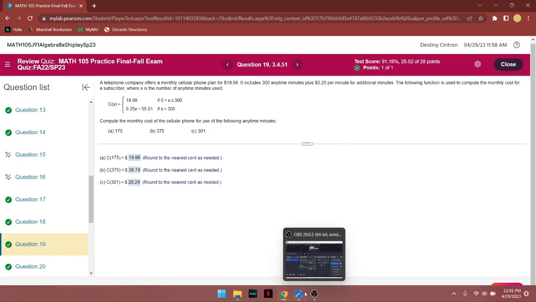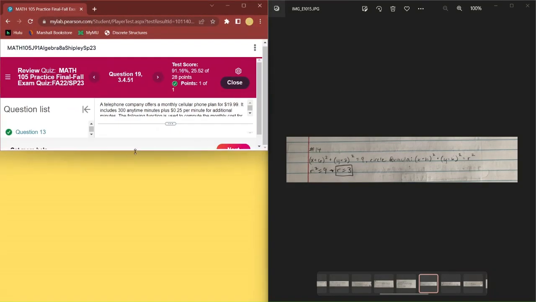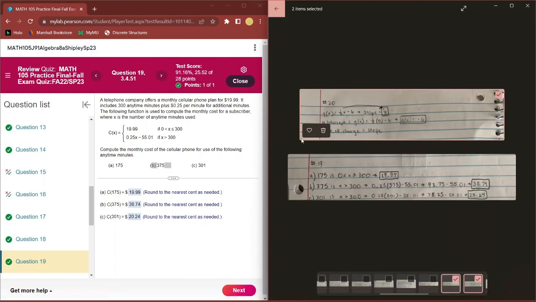Question 19, back to some proof. Okay, so here you just identify what condition the number meets. 175 is between 0 and 300, so it automatically equals 1999. And 375 is above 300, so you just plug 375 into this equation, which you get